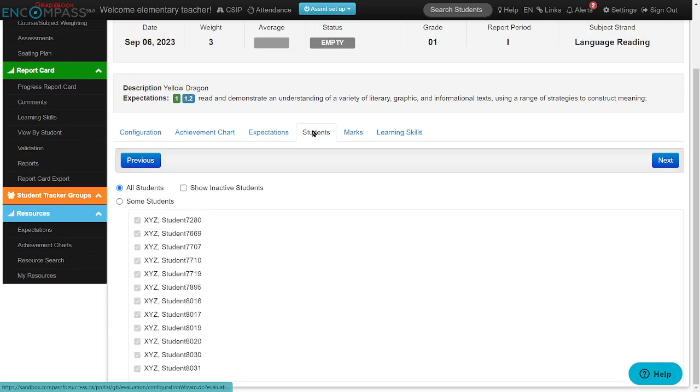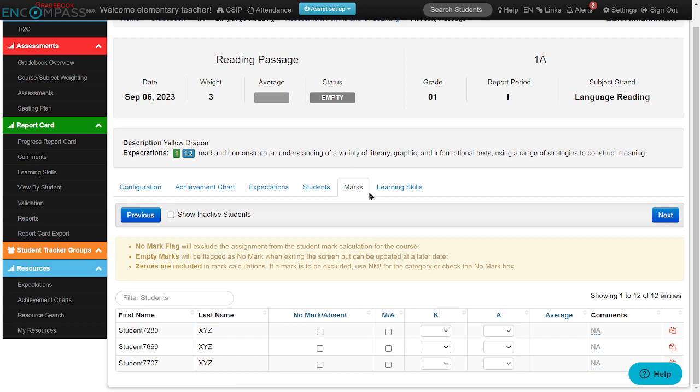Under the students, here's where you can identify whether this assessment was for all students or perhaps it was just an assessment for some students. If you're doing some differentiated instruction or assessment, this gives you the ability to create assessments for all or some. I'm just going to show you for some students here. When you go to the marks area, you'll notice that only these 3 students appear, and you can either include